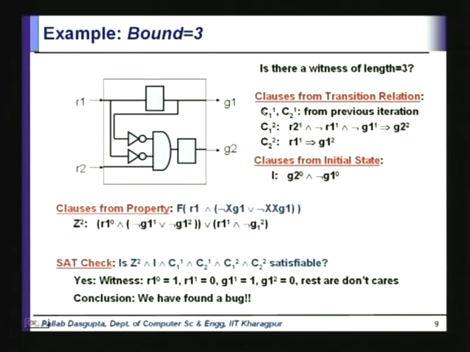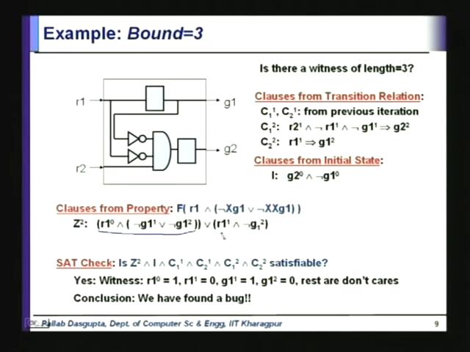So, we add these 4 clauses as the clauses from the transition relation. Clauses from the initial state are the same as before, it is always going to be the same. Now, for clauses from the property, this is what we have. We have R10, and not G11 or not G12. This is one way in which this can be satisfied,